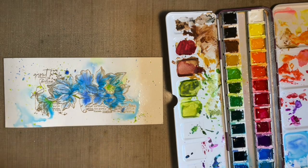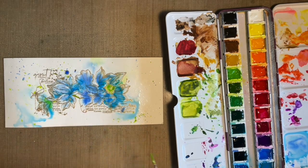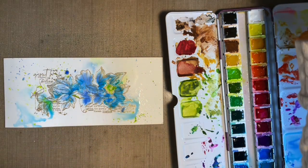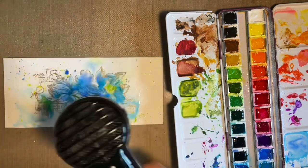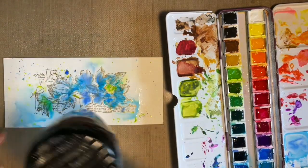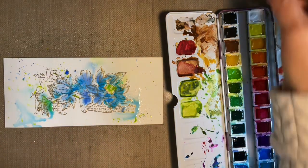Well, that's nice. That's moved in the water. Go back in with that. Now, the beauty of this is when it's dry, you can actually go in and add more detail. So what I would do is let this dry. So I'll just bring my heat tool in a tiny bit, see if I can get it to dry a little. Again, I don't want to mop it too much, but what I would do is leave this to dry and then come in